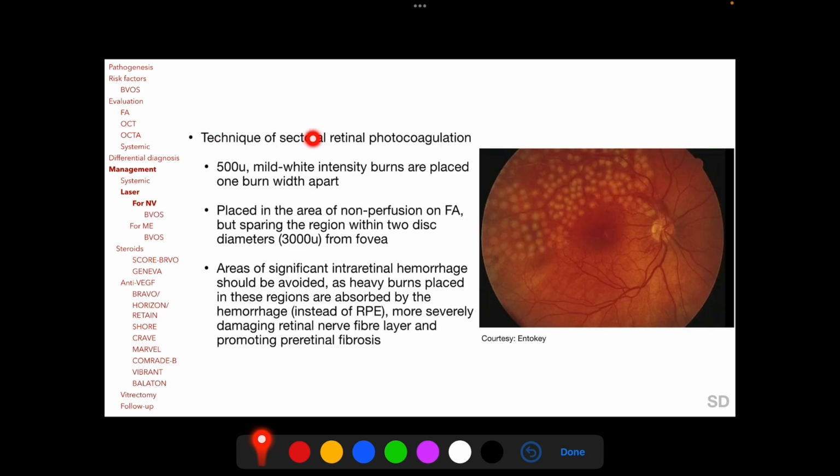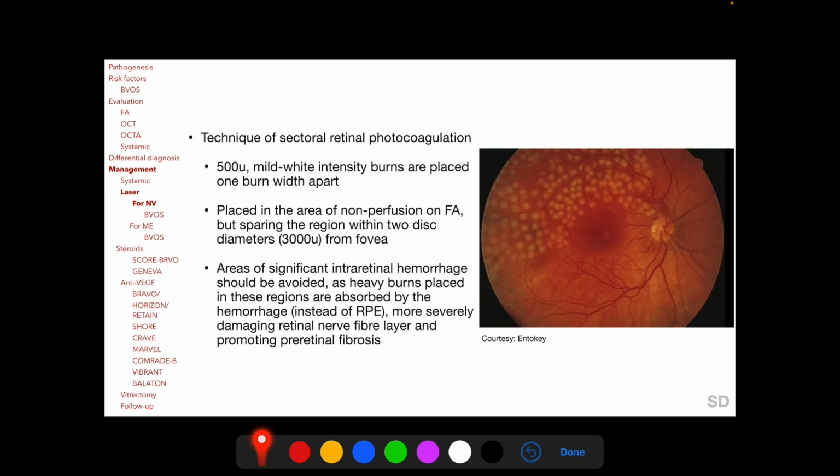For sectoral retinal photocoagulation, as seen here in this clinical photograph, 500 micron mild white intensity burns are placed one burn width apart, and these burns are placed in the area of non-perfusion detected on fluorescent angiography, but sparing the region within 2 disc diameters from the center of the fovea. So for performing adequate sectoral retinal photocoagulation, fluorescent angiography is mandatory,